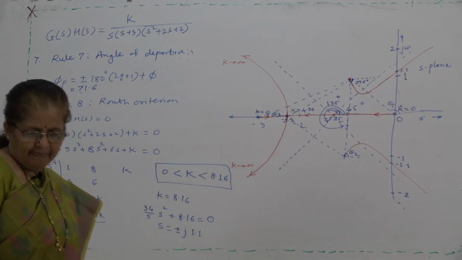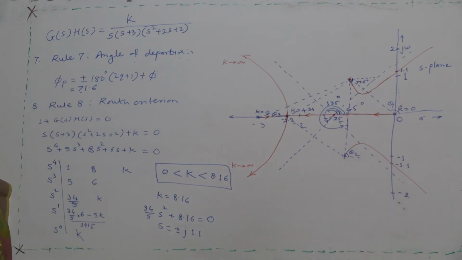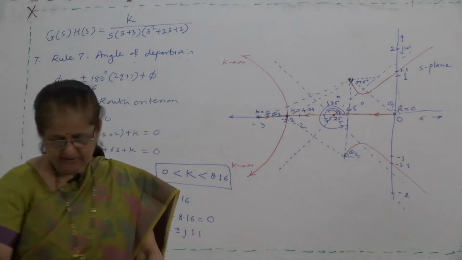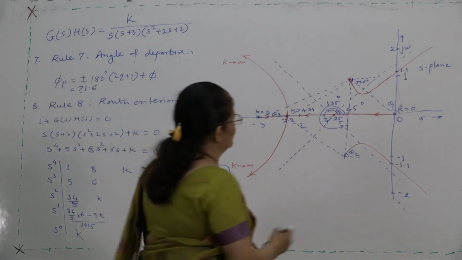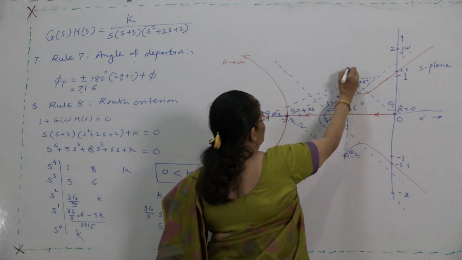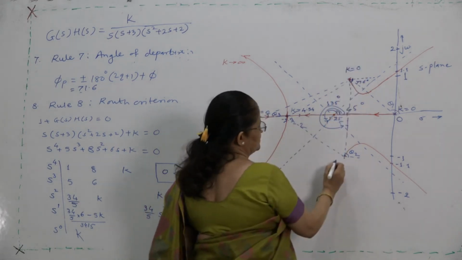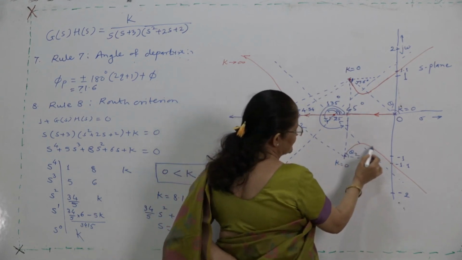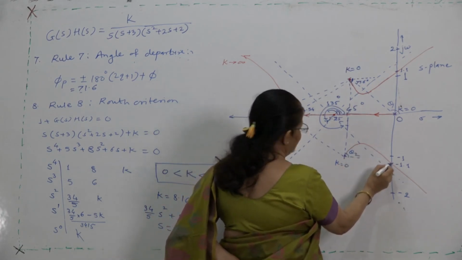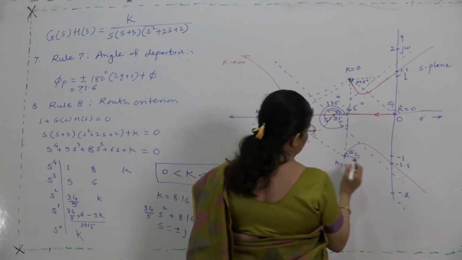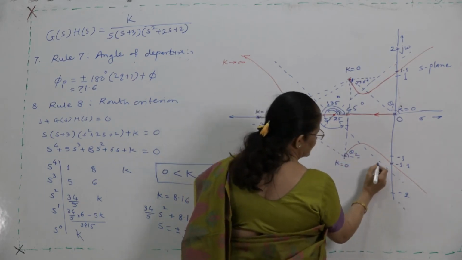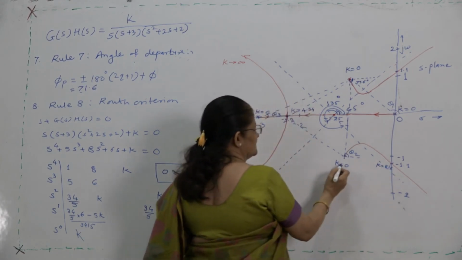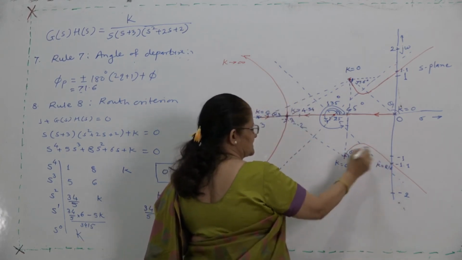So, how will you get it? I will try to draw here, you all check it. So, this is the root locus. Whatever I have drawn with the red pen is the root locus. No necessity to calculate all things for this, because it is symmetrical about the real axis. So, whatever you get for the pole minus 1 plus j1, the same you will get here.